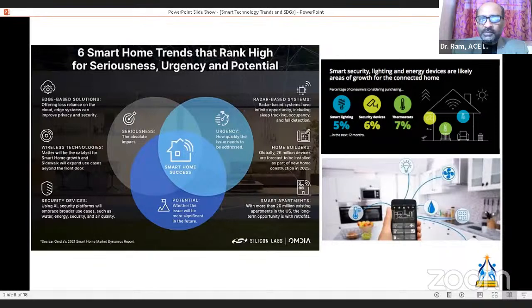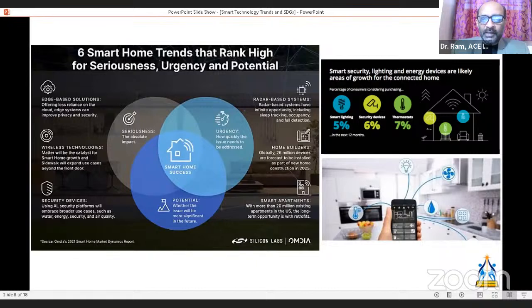Smart home trends, ranked high for seriousness, urgency, and potential. Edge-based solutions offer resilience for the community to recover from a risky environment. Wireless technologies: now, even a smartphone without wireless adoption can't be used very comfortably.